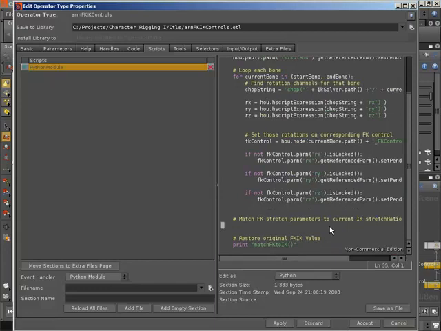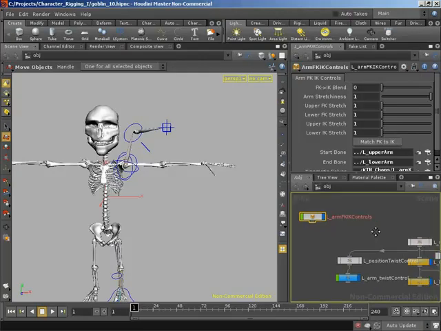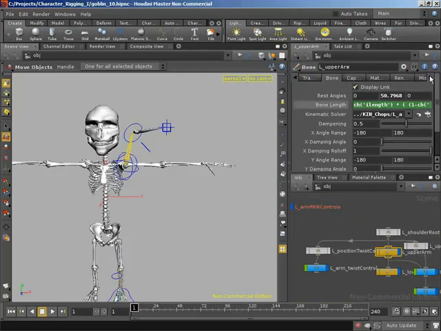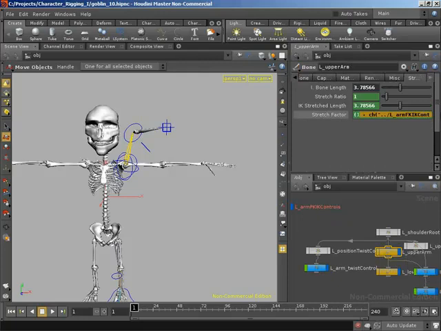We simply grab whatever the manual FK stretch parameters were, and we put those into the IK parameters. However, in this case, we want to match the FK to the IK, and the IK stretch could be driven either by the parameter or also by the stretch ratio. But what we can do, we can jump onto our bone and we can evaluate its stretch factor. We know we're set over to IK, and we know that that means our stretch factor parameter, if we accept